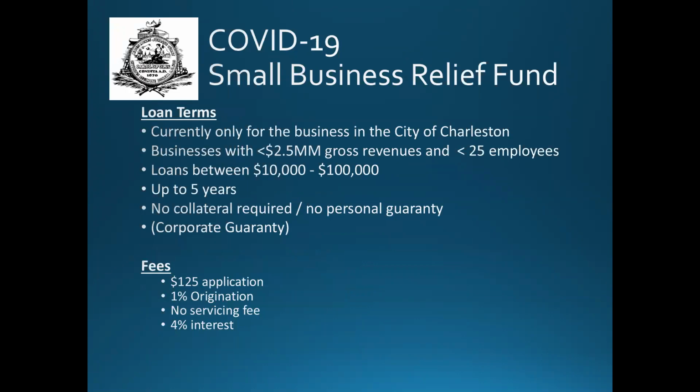There are a couple of new programs that the LDC has. We've partnered with some municipalities and organizations in response to the pandemic. The first is the City of Charleston's Small Business Relief Fund. These are for small businesses with less than 25 employees and less than $2.5 million in gross revenues annually. Loans up to $100,000. There's no collateral required and no personal guarantees required, but these are loans and they are